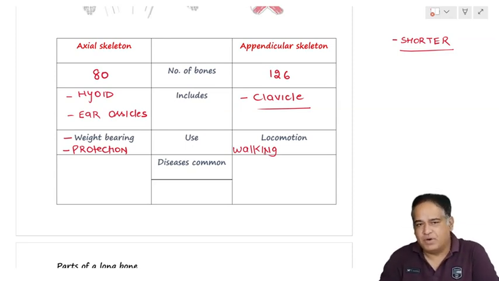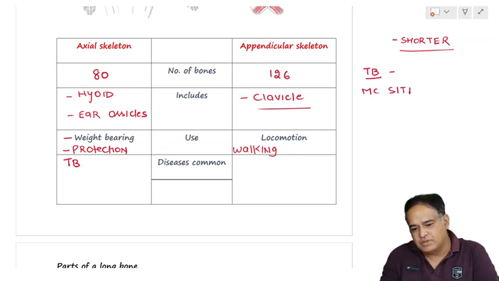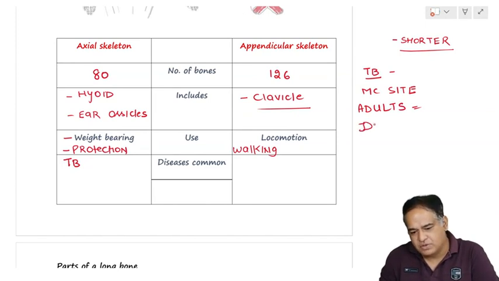Main question, what diseases are common? Okay, so in the axial skeleton, the common disease is tuberculosis. Remember, tuberculosis, what is the most common site? When we talk about adults की बात करें अगर, तो tuberculosis का common site क्या है? डॉर्सो lumbar junction. Write it in clear form, avoiding the short forms. So common site in adults is